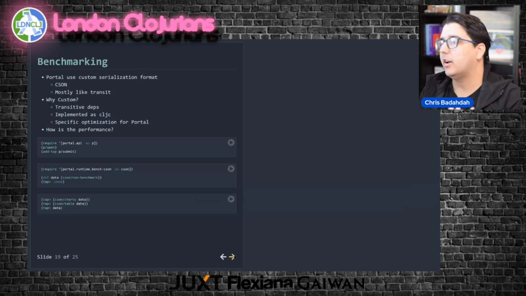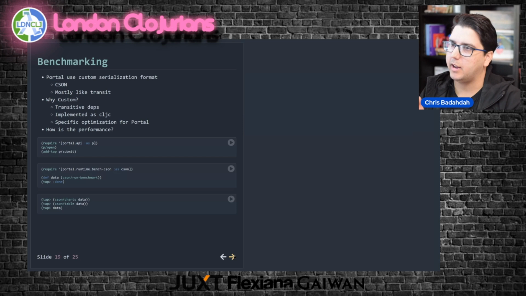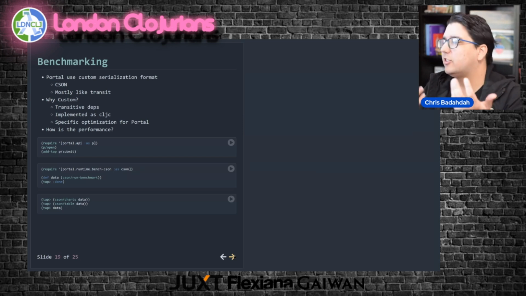And also you inherit their bugs, right? So if they have this bug that most of the time doesn't affect most people, but for you it does affect you all the time, you can't reprioritize their priorities, right? So I was okay, I'll do a custom serialization format, but the issue with that is now performance is a problem, right? I have to make sure that it's at least as good, right?